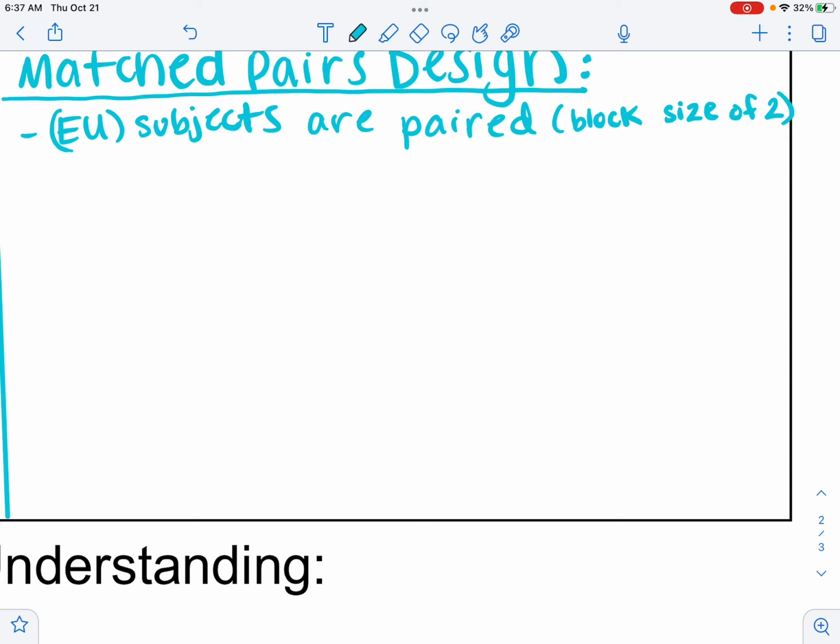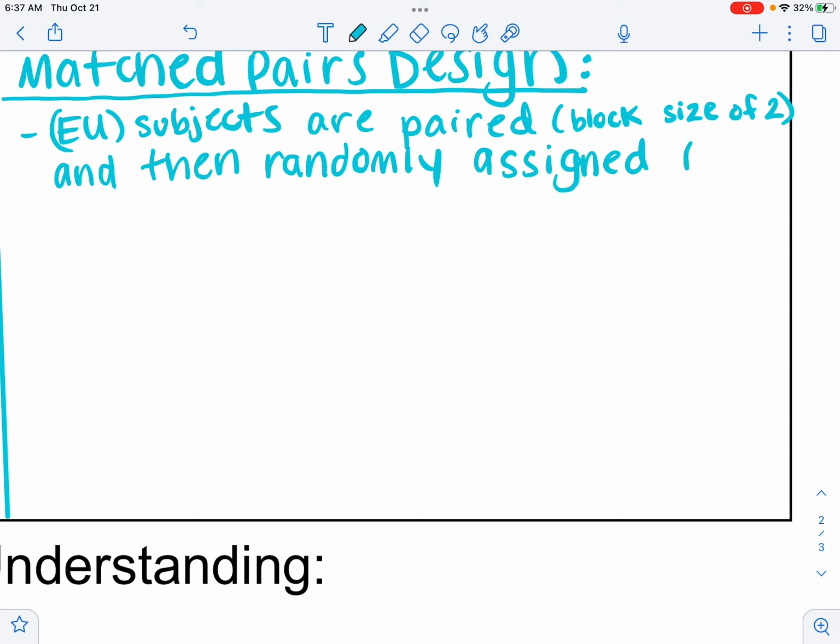So they are paired and then randomly assigned to a treatment. And in this example, because we have only a block size of 2, there's only 2 people